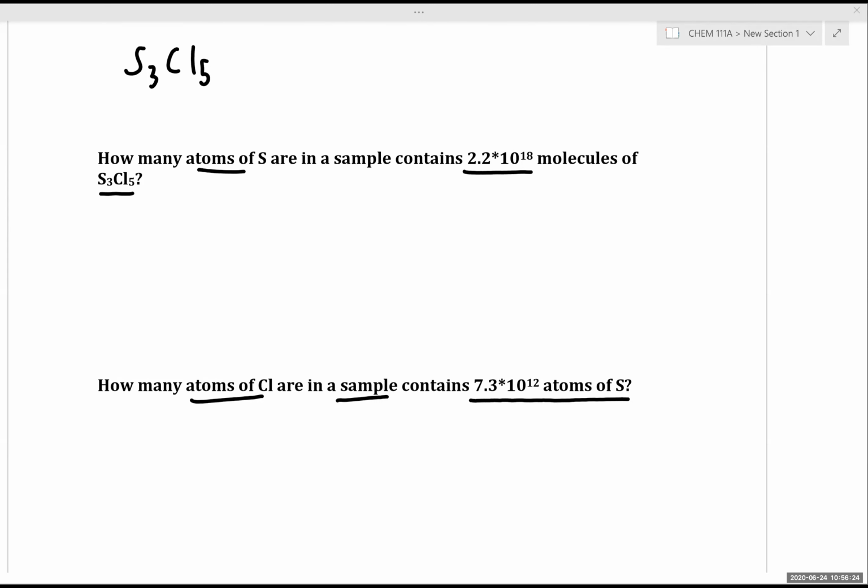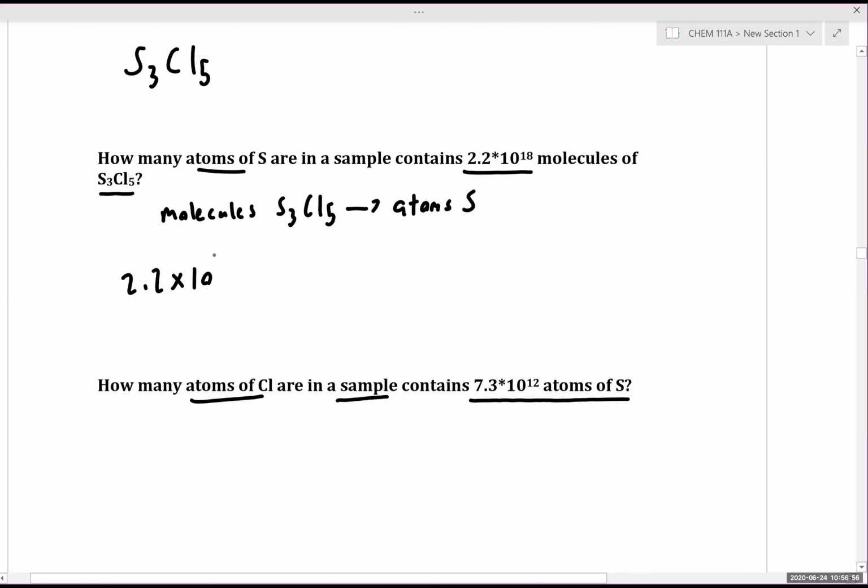So let's talk through this problem. We're asked how many atoms of sulfur are in our sample that contains 2.2 times 10 to the 18th molecules of trisulfur pentachloride. Okay, so starting off, we're trying to go from molecules of S3Cl5 to atoms of sulfur. When we write our initial units of 2.2 times 10 to the 18th